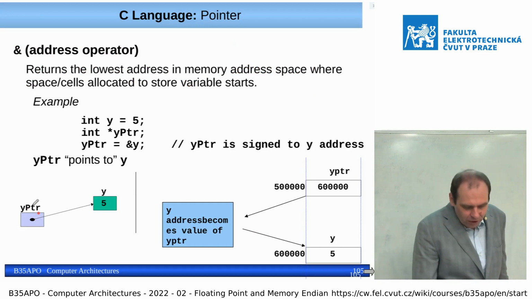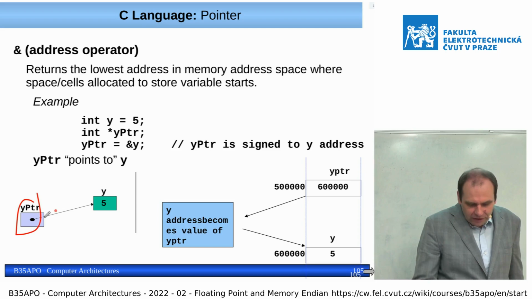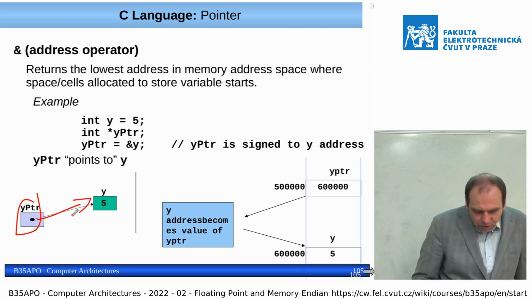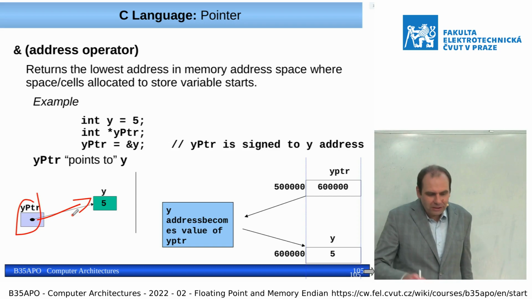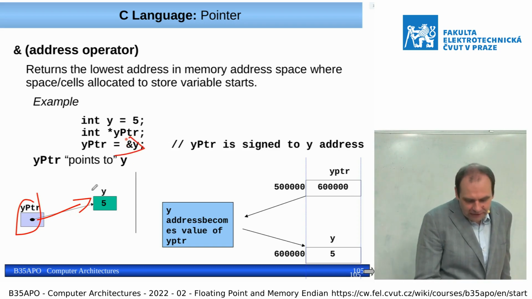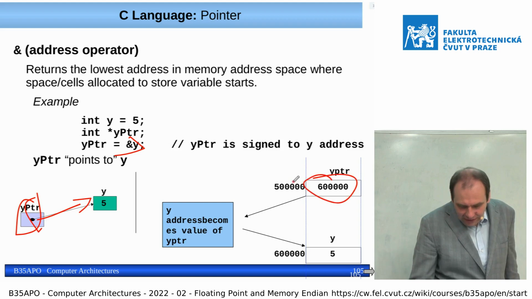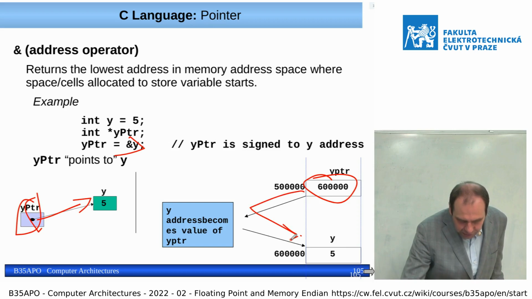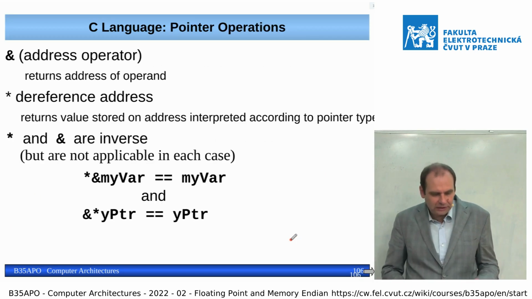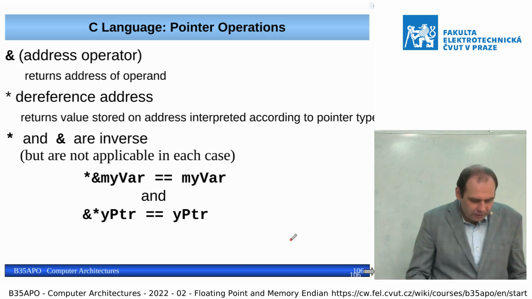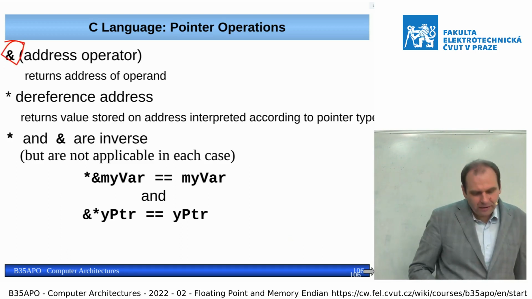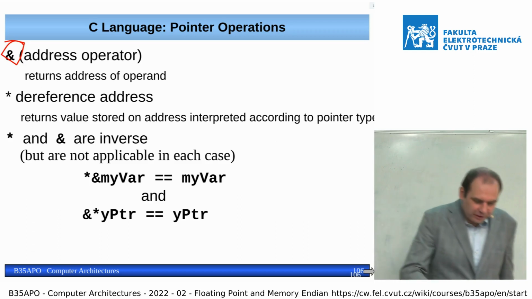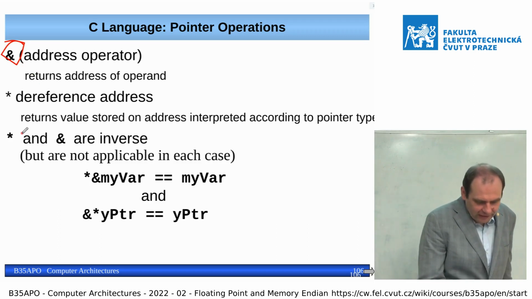And if we work in C, then basically we should understand that we do not directly work with values in the memory, but we have some pointer. And that pointer points to that location. And even if we store the pointer somewhere, then again it is some value in the memory where we have a pointer which points to the actual value in another place in the memory. So we have the possibility to reference and dereference